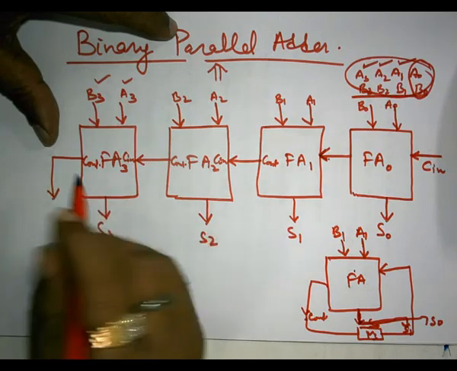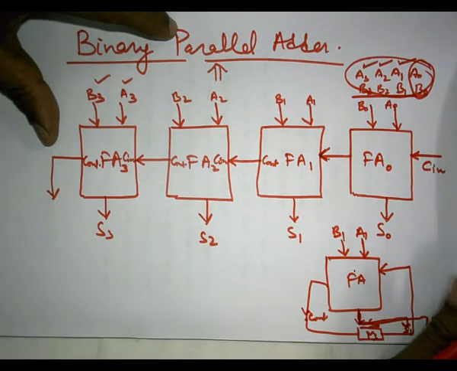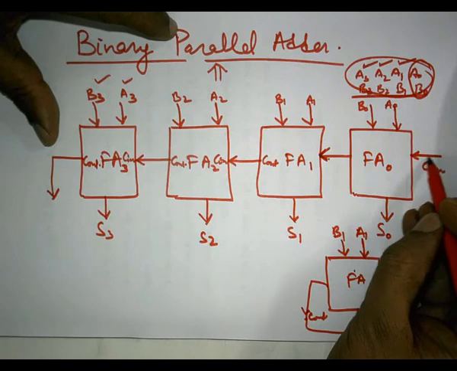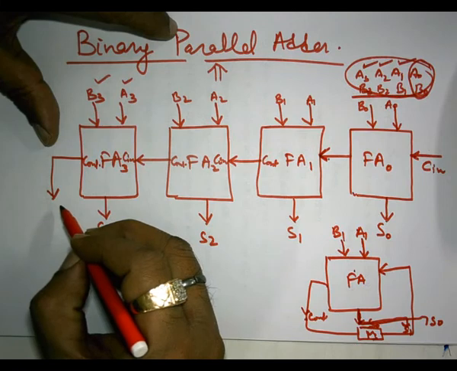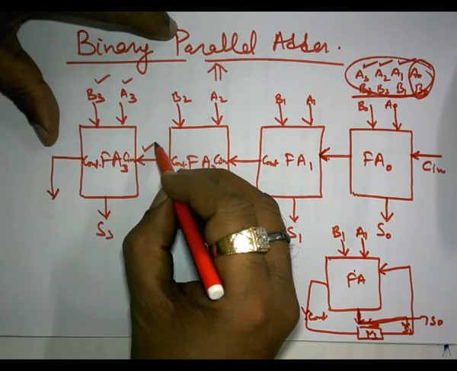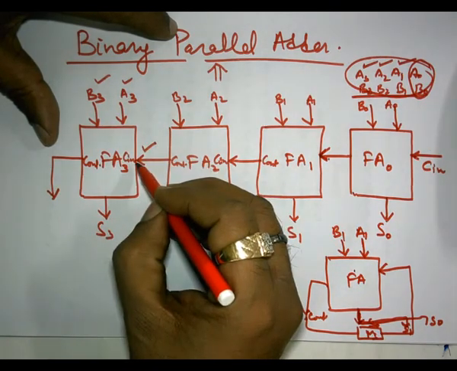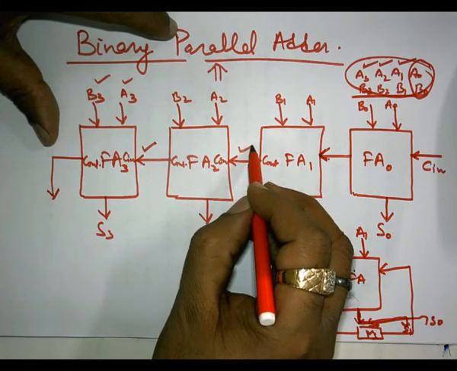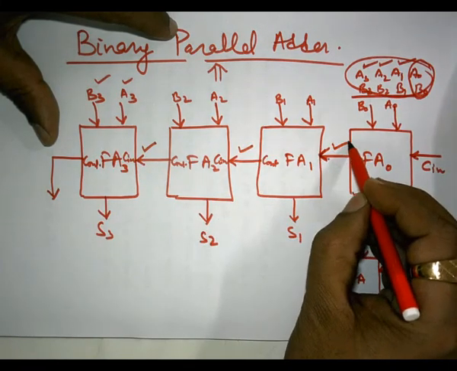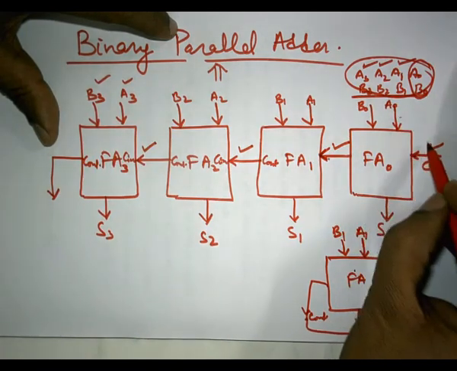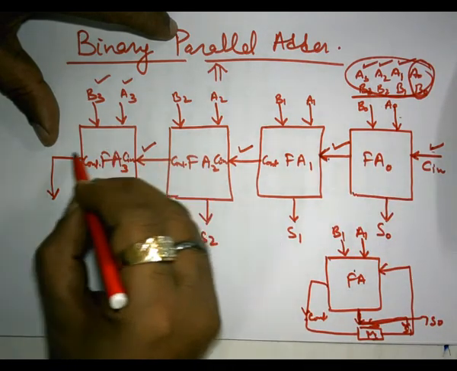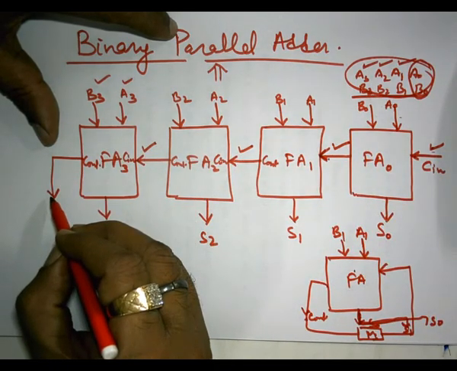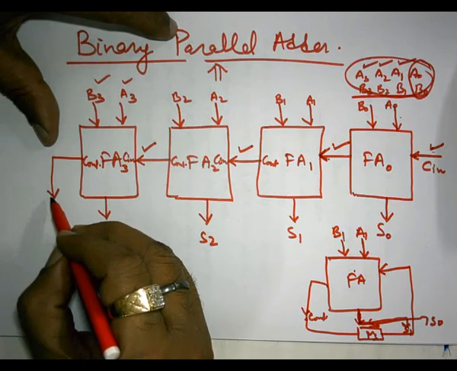Naturally, to get the final stable output of sum and carry, we have to wait for the carry which is flowing from the LSB to the MSB, because the carry which is coming at the input of full adder number 3 is affected by this carry, and this is also affected by this carry, and this is affected by the bit positions over here and carry in over here. So naturally we have to wait for the carry to flow all the way from the LSB to the MSB, and this is also going to give you a huge amount of circuit delay.